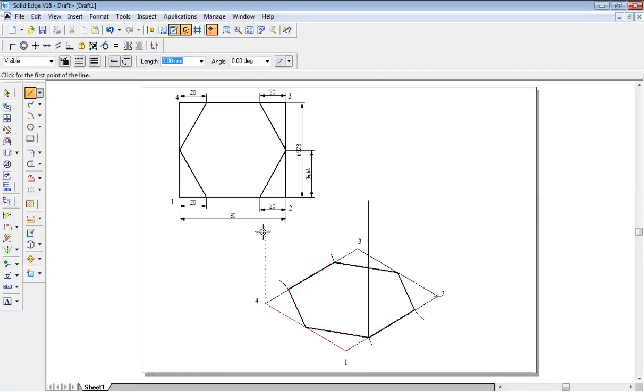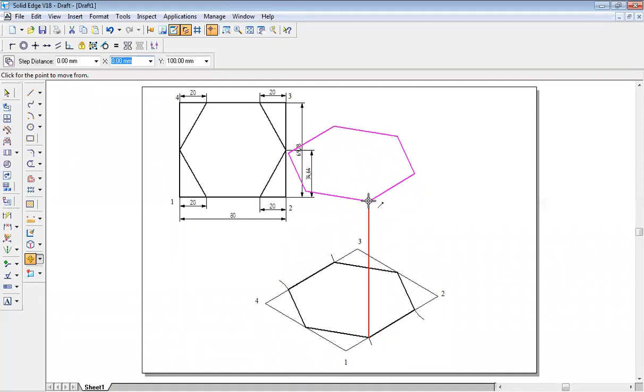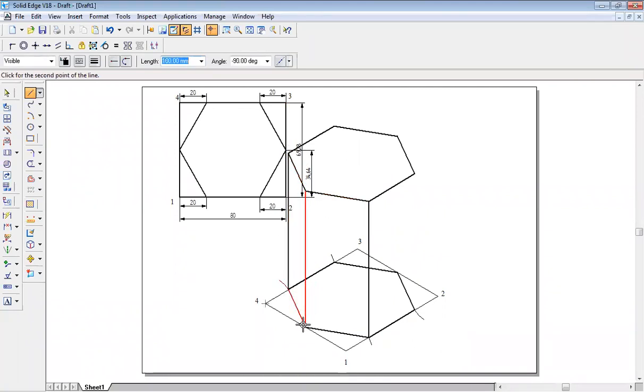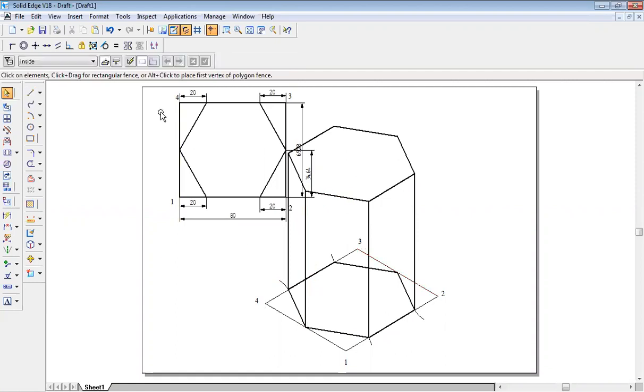In the sheet, from each and every corner, you have to draw a line and count 10 boxes, whereas in the system, I've drawn only one single line. Select these hexagon lines by holding the control function. First click one line, hold the control function, don't leave it till complete selection. Second line, third line, fourth line, fifth line, sixth line. Now you leave the control function. Go to the move command, switch on the copy option, put this bottom end point on the tip of this. Then go to the line command and connect each and every corner of the hexagon. So this is how you construct the hexagon.